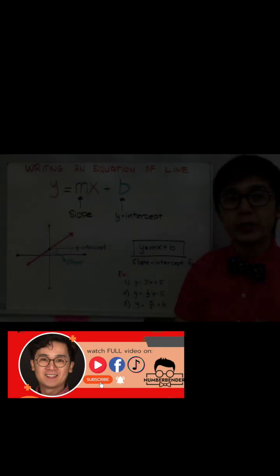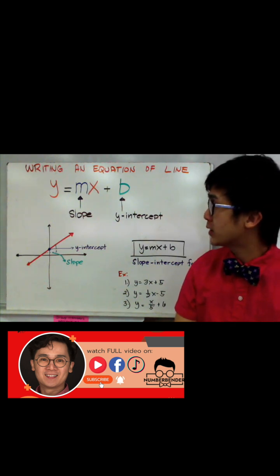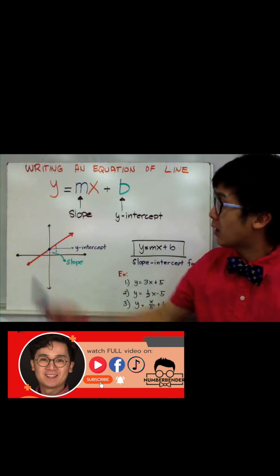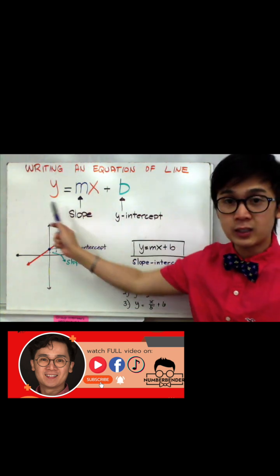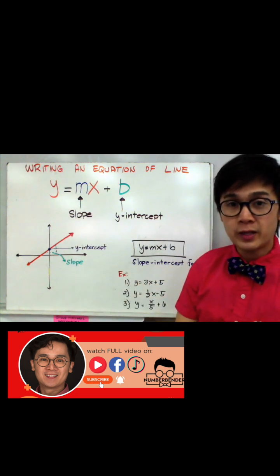Today we're going to learn how to write an equation of a line in slope-intercept form. Now the slope-intercept form is given by the formula y equals mx plus b, where m is your given slope and b is your y-intercept. Now to give some light on your formula here, every line or every linear equation has its slope and its